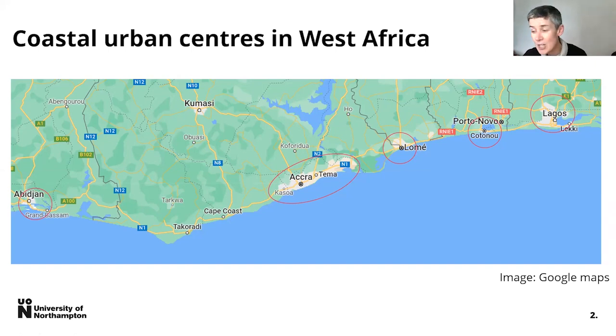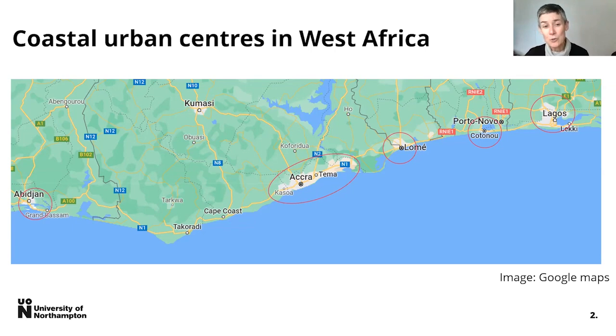So the areas that I've indicated with red circles here are major areas of urban coastal growth. So Abidjan in Côte d'Ivoire, coastal population of 8 million, that's about a third of its population. In Ghana, Accra, the capital, has an estimated population of over 4 million, and 2/3 of the population live in the coastal areas. Lomé in Togo, nearly 2 million there. Cotonou in Benin, 1 million. Lagos trumps them all, and it's got a coastal population of around 16 million people, and it's, I think, the second fastest growing urban area in Africa.